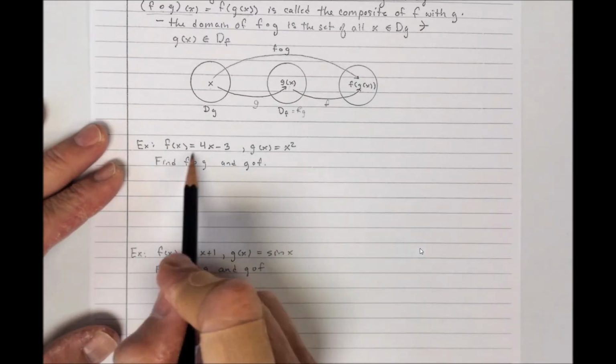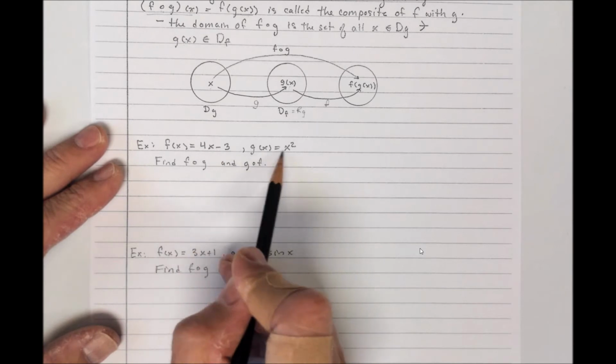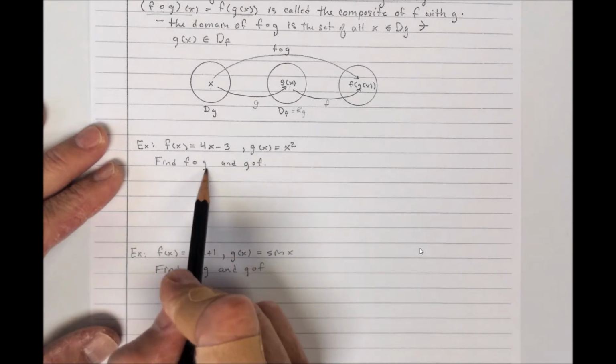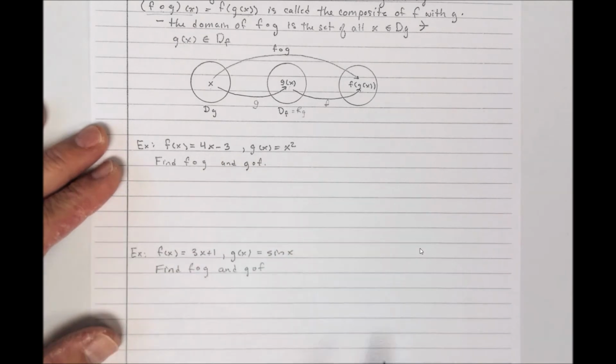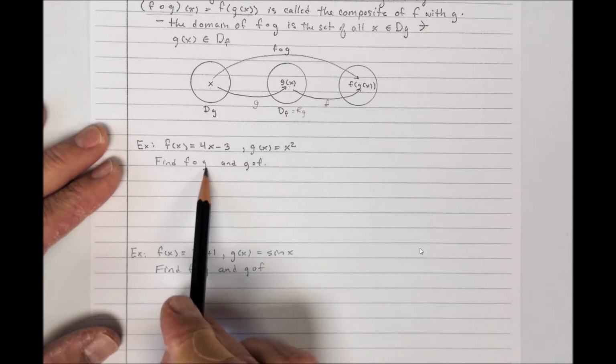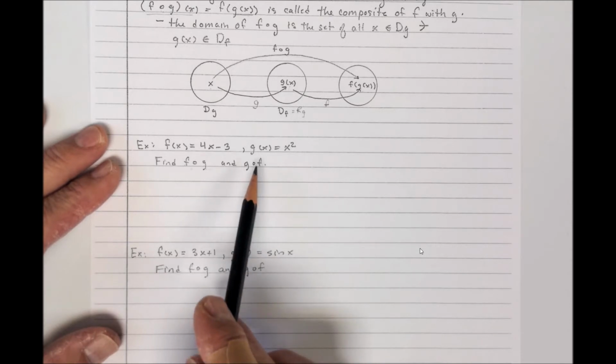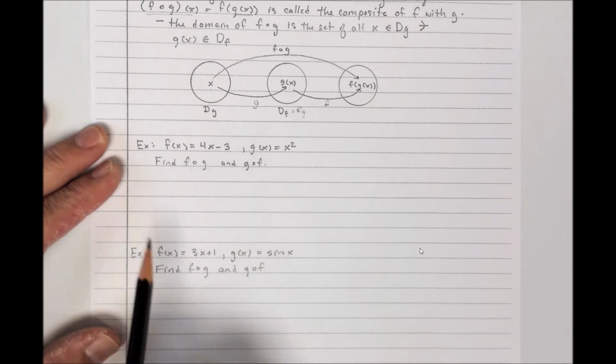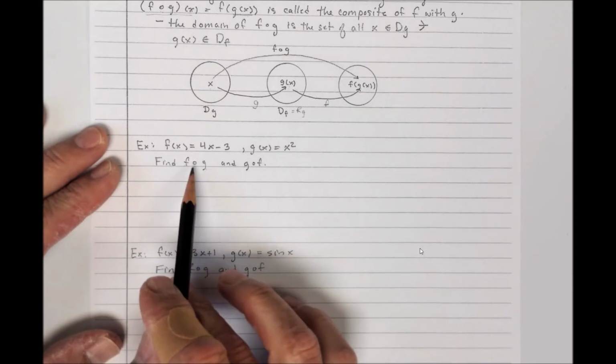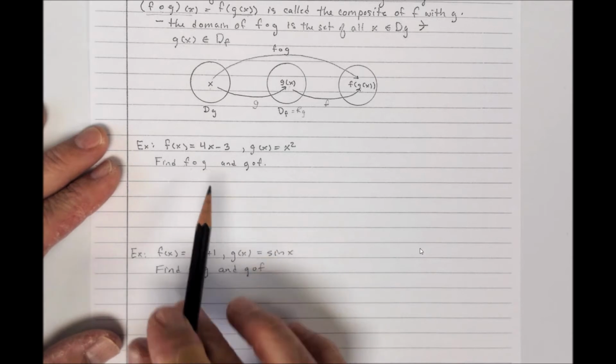Let f of x equal 4x minus 3, and let g of x equal x squared. Find f circle g and g circle f. What I've done is changed the order. This is the outer function, this is the inner; this is the outer function, this is the inner. I've changed the order, which makes me think of commutativity. But are these functions commutative? Is the operation of composition a commutative one? Well,